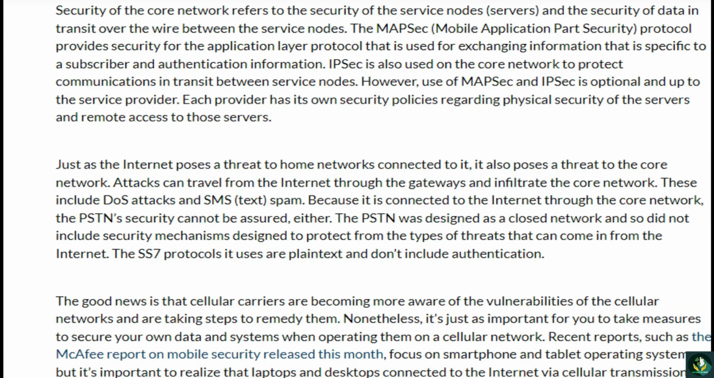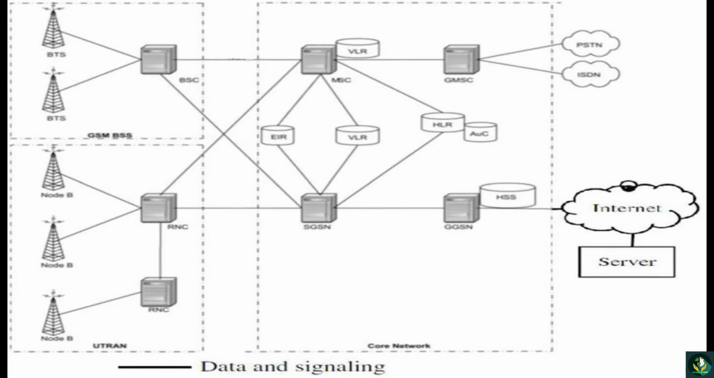The PSTN was designed as a closed network and so did not include security mechanisms designed to protect from the types of threats that can come in from the internet. The SS7 protocols it uses are plain text and don't include authentication. The good news is that cellular carriers are becoming more aware of the vulnerabilities of the cellular networks and are taking steps to remotely